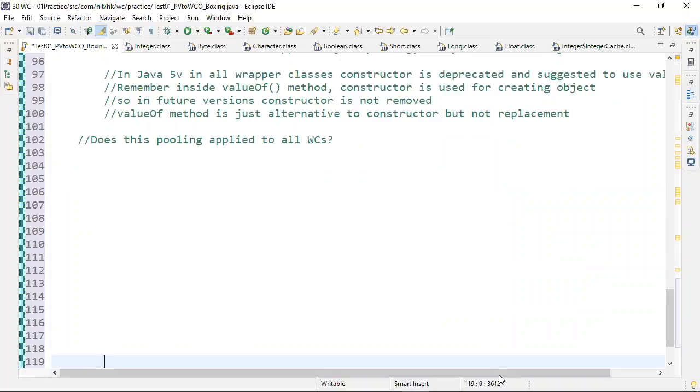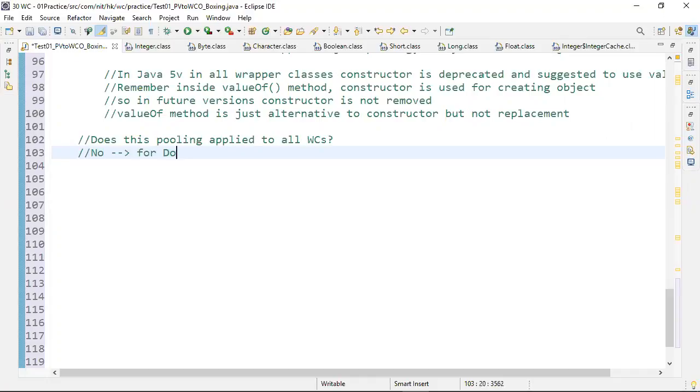Come on, think. Does this pooling apply to all wrapper classes? Applied or not applied? Pooling is applied only to the byte range values. The answer is no.